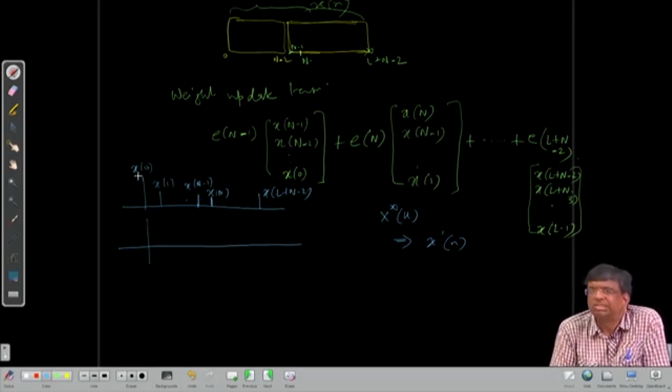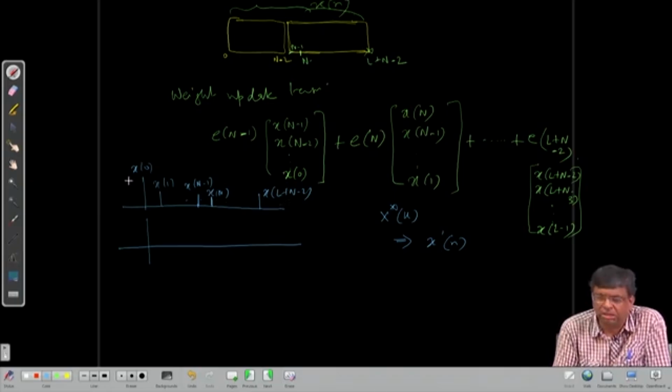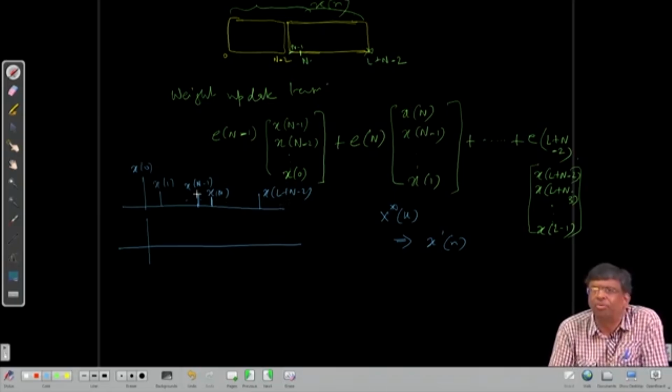Now, for simplicity I am considering real data, which means conjugation has no meaning. That is why I will not conjugate. All data x 0, x 1 are real for our purpose. So, x 0 will remain x 0,